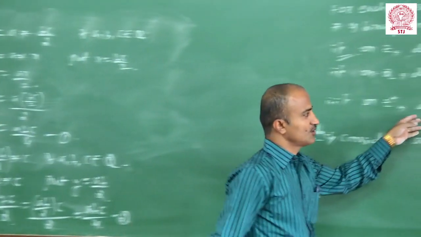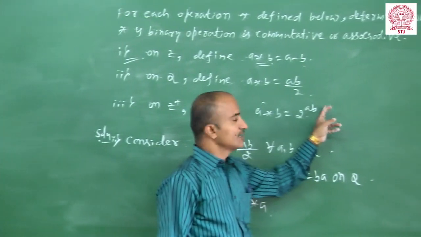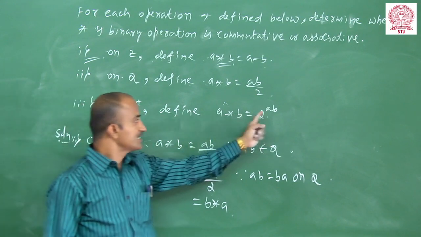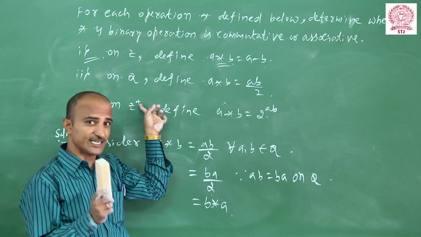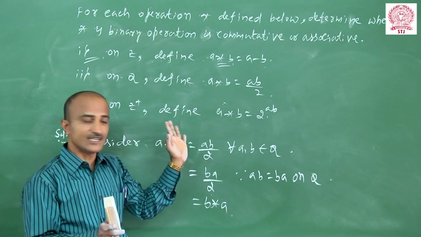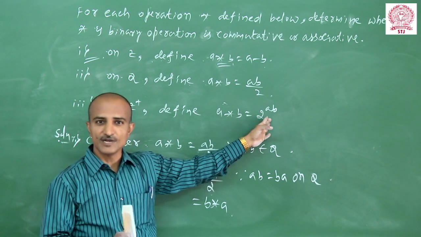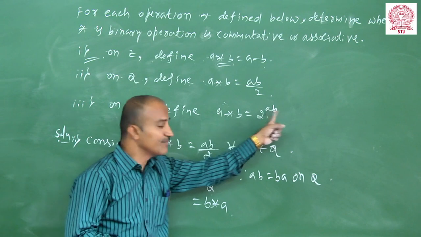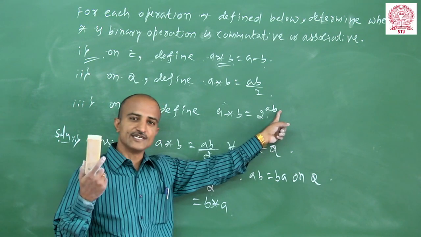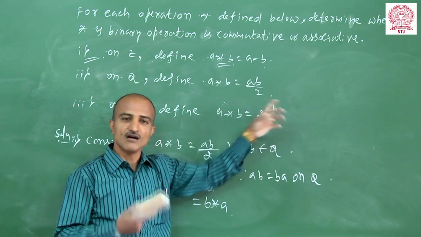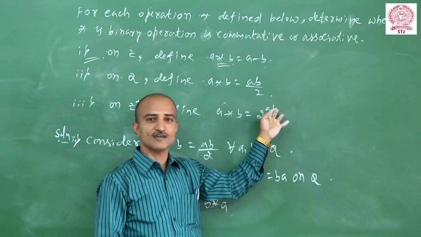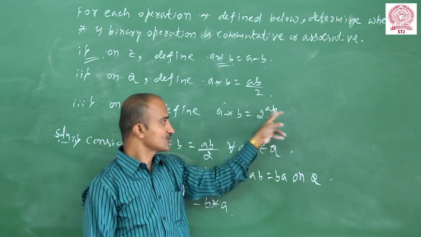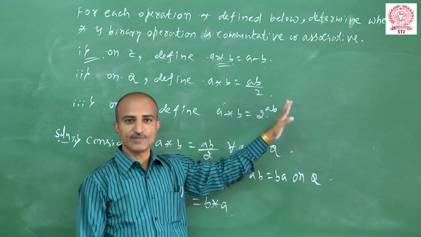Like that, here also you just take 2 over AB, where A and B are any two integers. If you take only the set of integers, instead of Z plus, the set of positive integers, then star can never be a binary operation, because 2 power minus 1 is 1 by 2, and 1 by 2 never belongs to the set of integers. But here A and B are positive. Whatever positive integers you take in the exponent, 2 power the product of any two positive integers is positive, and 2 power a positive integer is always an integer. Therefore star is a binary operation.